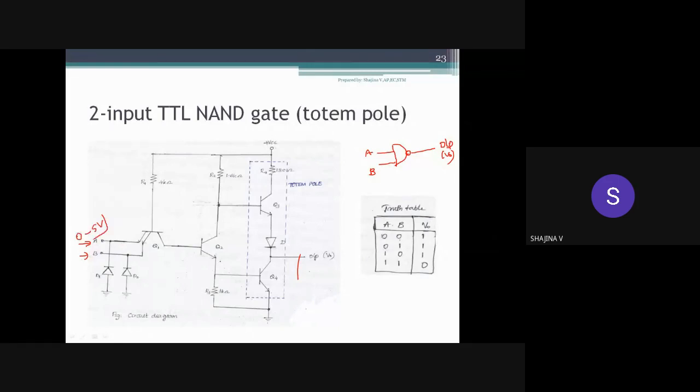Due to any reason, noise or otherwise, if there is any noise voltage spike,